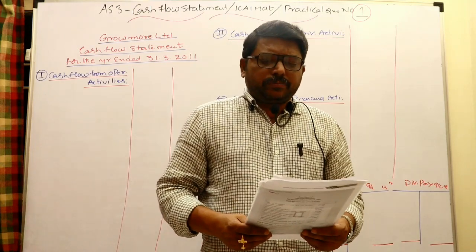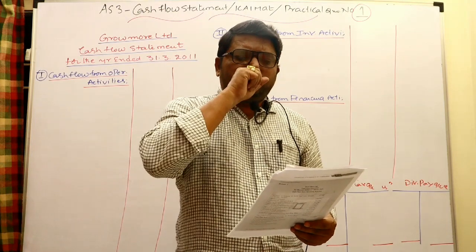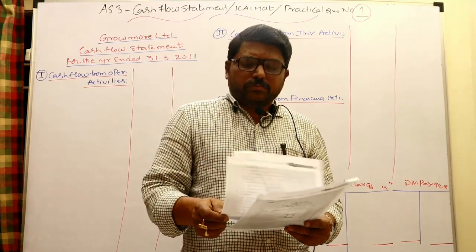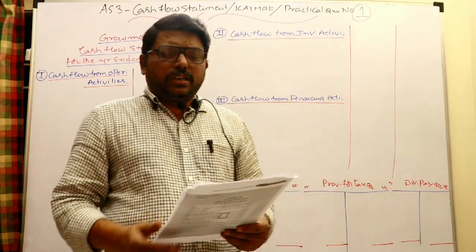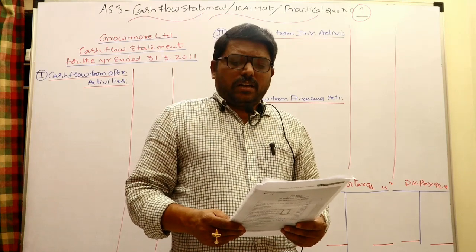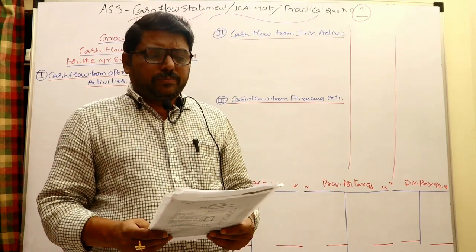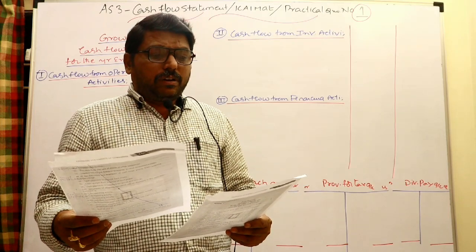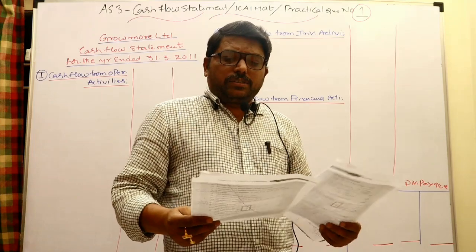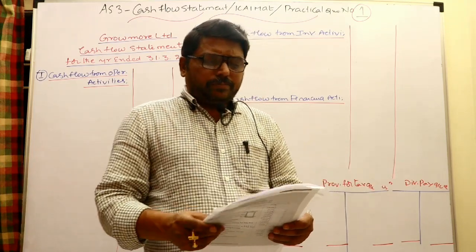Next, trade payable, current liability, it looks 8 lakh 20 and 7 lakhs. You can check how it is. 8 lakh 20 changed to 7 lakhs. Current liability decreased. Current liability decrease means simply outflow, 1 lakh 20,000 outflow. When you do the change in working capital while operating activities, that should be considered.